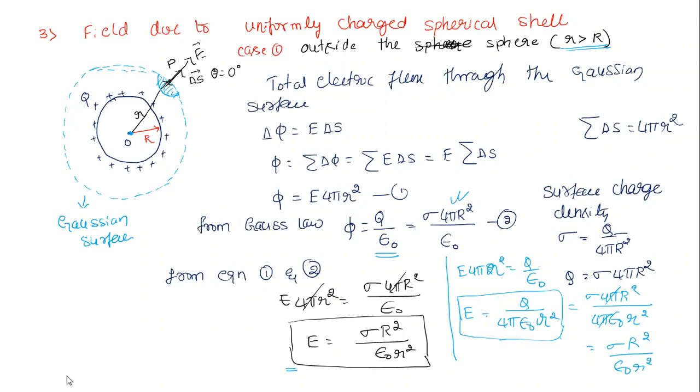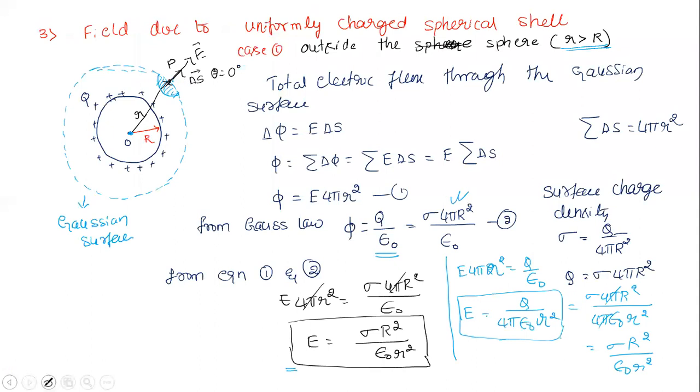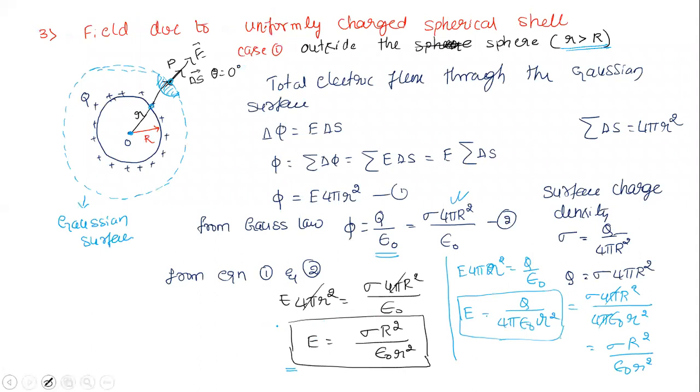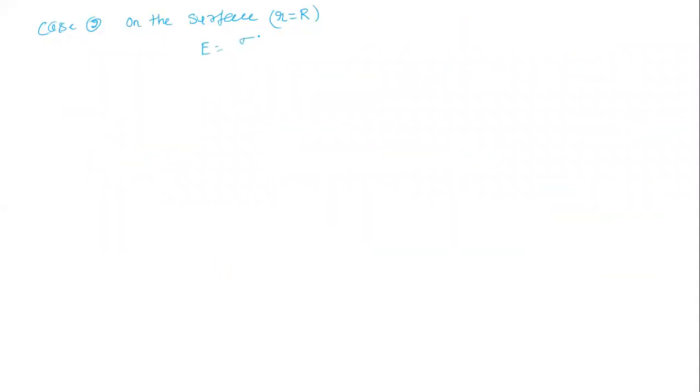Look at now. So like that, I'm going to take now here r equal to capital R. Yes or no? If you look at the previous diagram, if this point P, if you have taken here, then these two radius become equal, right? Then what will happen? So as we know the formula previously, this formula we know. We're going to use this formula. It will become what now? Electric field E equal to sigma R square divided by epsilon naught small r square.